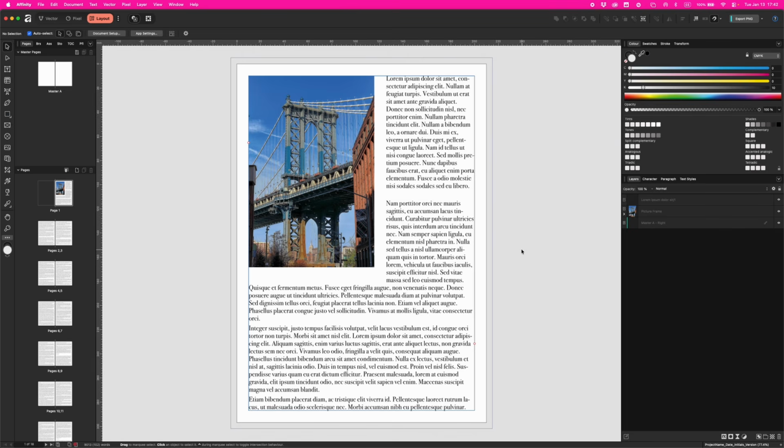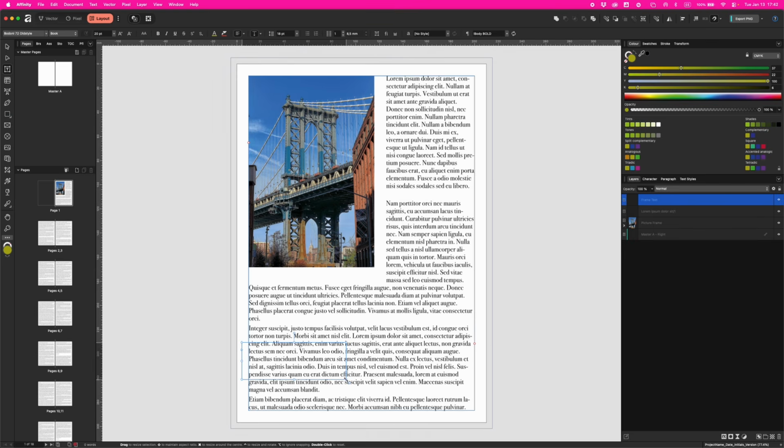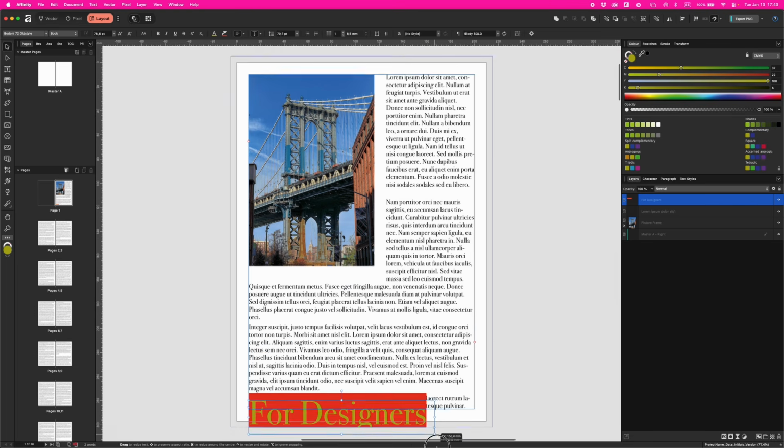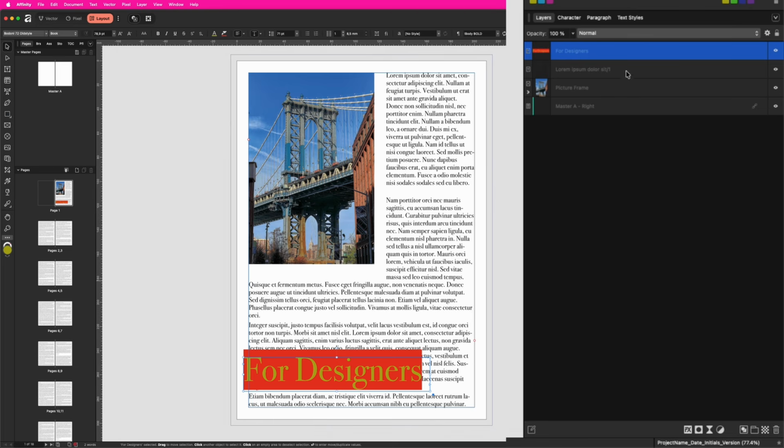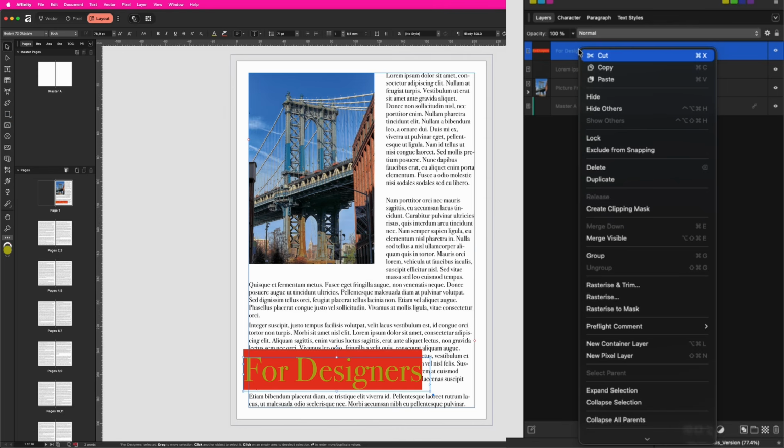Affinity doesn't have live commenting yet, but you can use clever workarounds. Here's what I mean. Use color-coded layers for different roles. So let's take the text tool. Let's put it for designers. Where should I put it? Something like that. Then go to this layer, right click it,